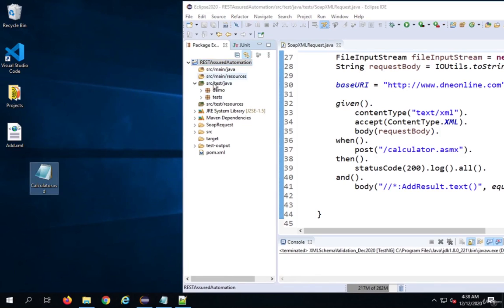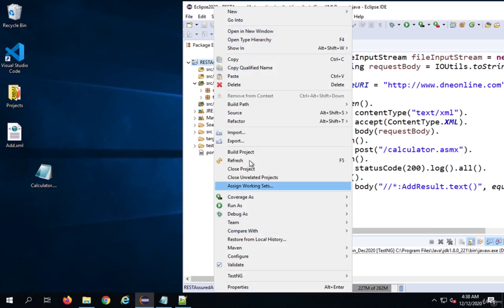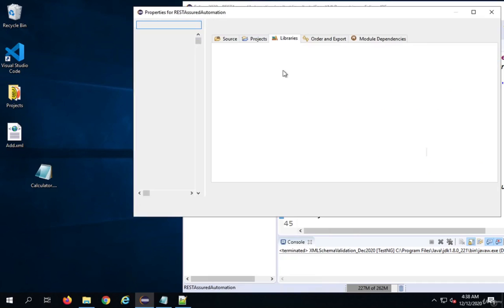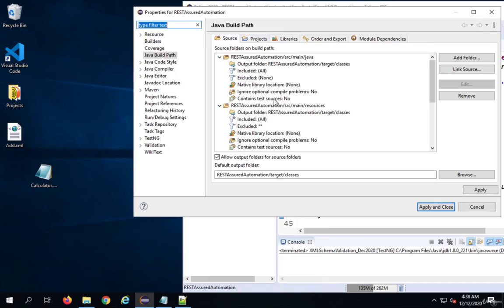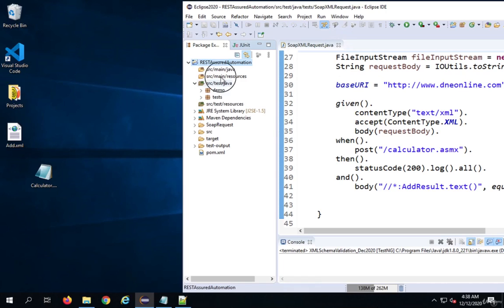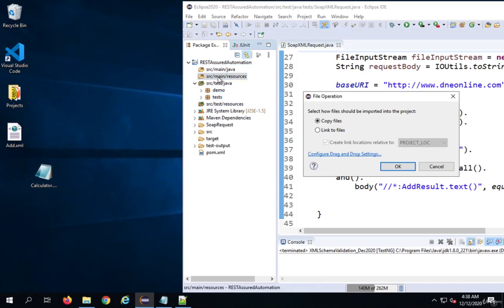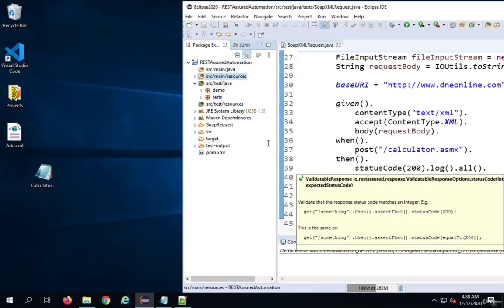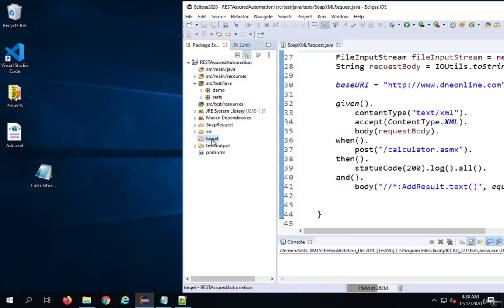If I add it to src test resources, let me show you again. If I go to build path, configure build path, and go to source, so src main java and src main resources, I can put it in src main resources, and I will just drag and drop it here. And when I copy this, if I go to my target folder physically,